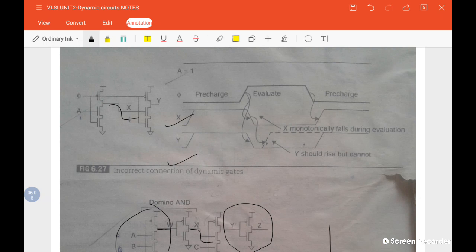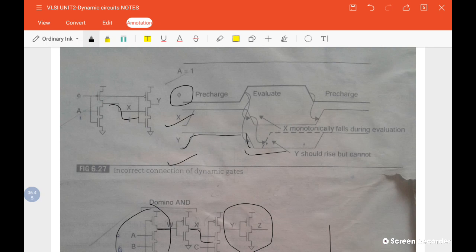So when this happens, you see the output of Y. During pre-charge mode, for this second gate, your input is a high signal. You are giving an X high input. So in pre-charge mode, we will be getting a high output. And during evaluate, what will we be getting? We will be getting a low signal, because this is an inverter. So when the clock is high, your output is low.